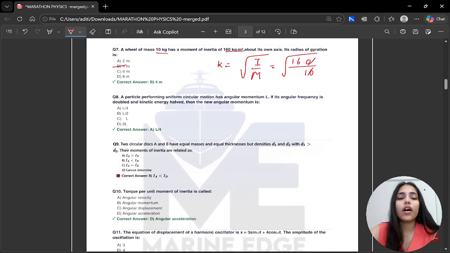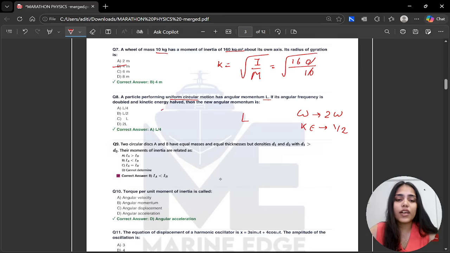Now, a particle performing uniform circular motion has an angular momentum L. So angular momentum is given to us as L. Its angular frequency is doubled and kinetic energy is halved. So omega is doubled, omega becomes 2 omega, and kinetic energy becomes 1 by 2. So what will be its new angular momentum? So as we know, kinetic energy for a circular motion is equals to 1 by 2 I omega square, correct? So what can we say? Can we say that